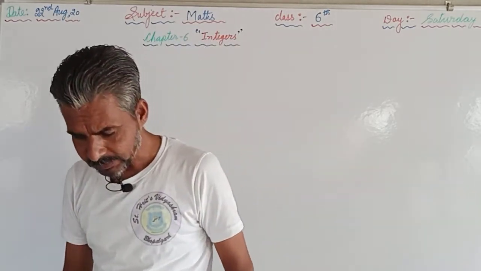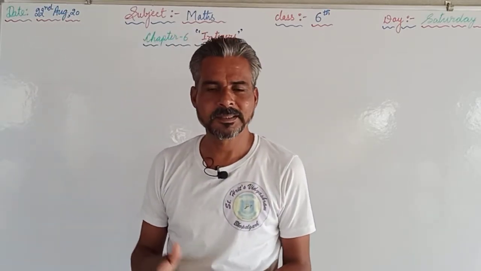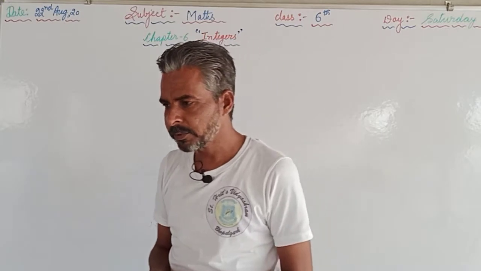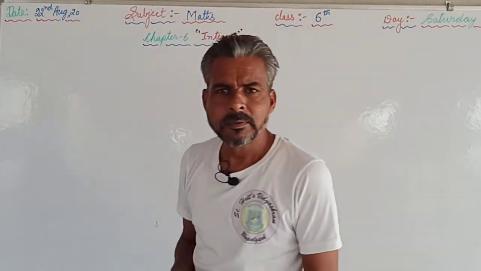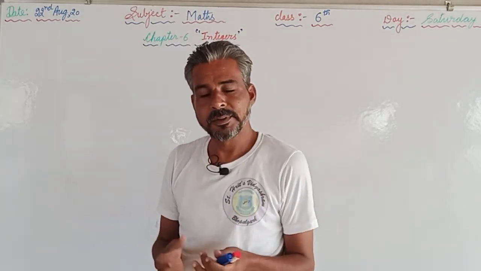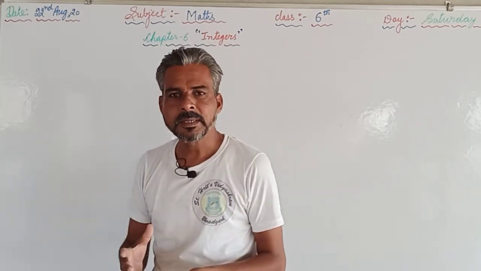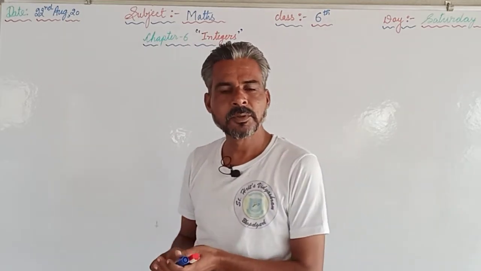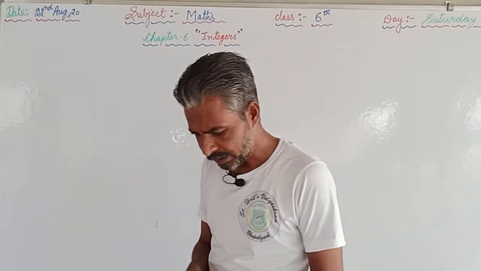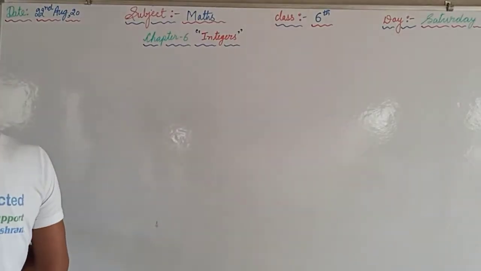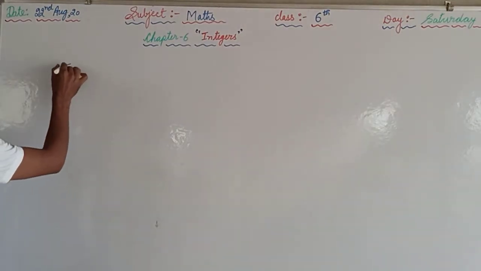This video is for class 6 and the subject is maths, and today we are supposed to start the new chapter, that is chapter number 6, and the name of the chapter is integers. As you all know something regarding the integers, and we have also discussed some terms or the definition of the integers in our previous video during the summer vacations. But now again we are supposed to start the chapter from starting. So first of all we should know the definition of integers.